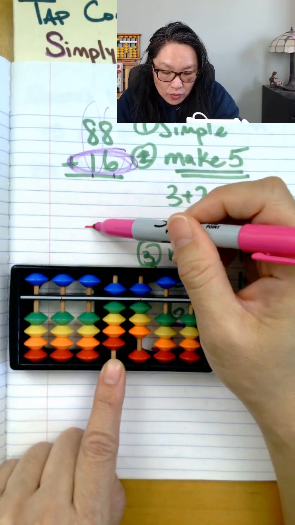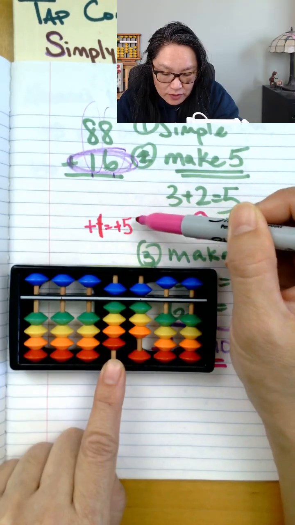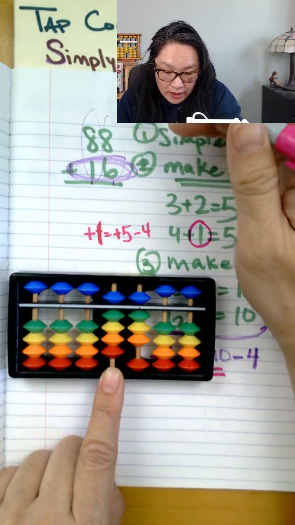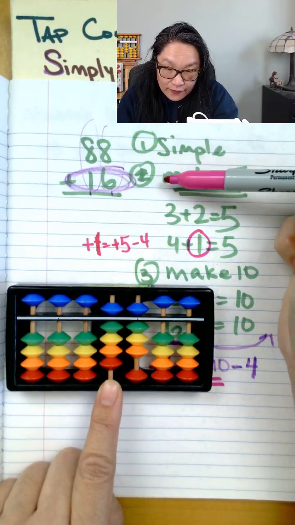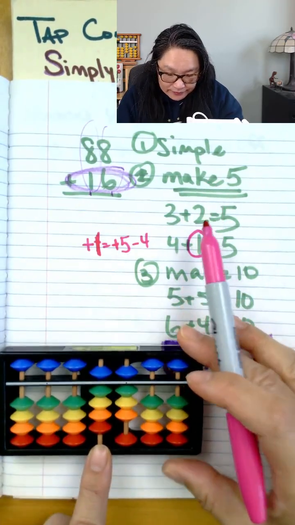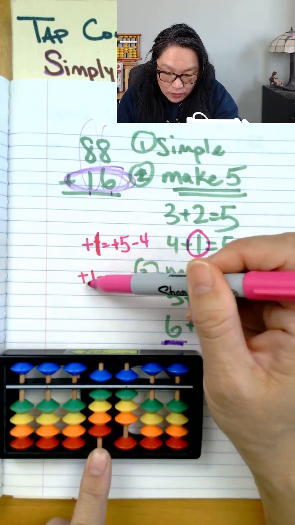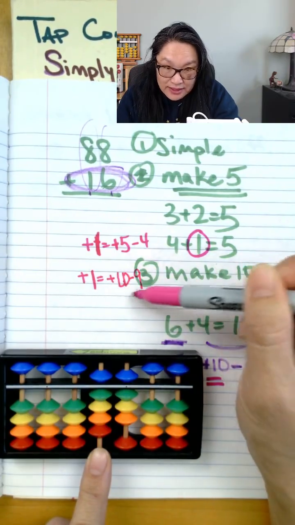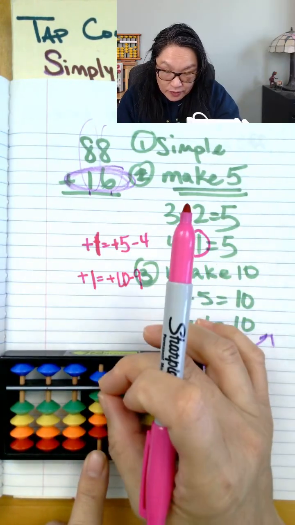So it's plus 1 is equal to plus 5 minus 4. Can I add the 5? No, right? So I'm going through my checklist. Can I add the 5? No. Can I add the 1? No. Can I add the 5? No. So now I have to make a 10. Okay, so what's another way to make a 10 with the 1? Plus 1 is equal to plus the 10 minus 9. That's another formula. So I plus the 10, take away the 9. So I'm taking away the 9,